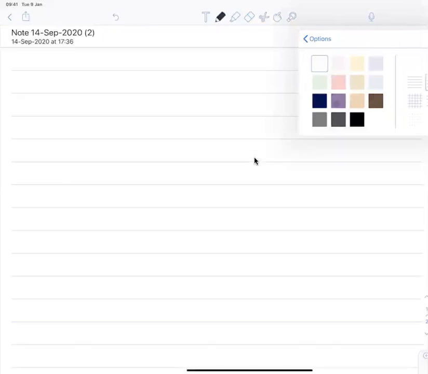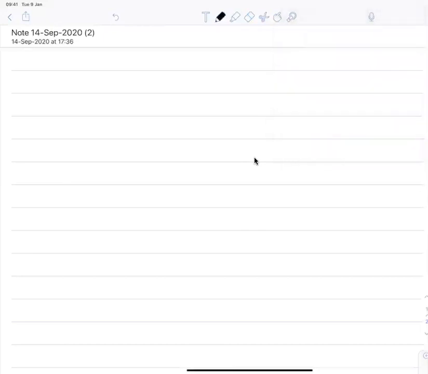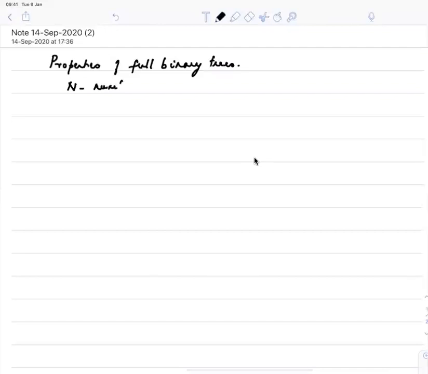Let us talk about the properties of full binary trees that are listed in the slides, and we'll prove some of these properties. So in full binary trees, we're going to assume n is the number of nodes,